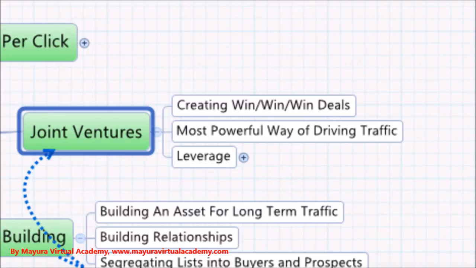If you do have a list, of course, that's a much more powerful proposition. Let's say you have a list of 10,000 people. You go to somebody else with a list of 10,000 people who's also in your niche, and you suggest that you swap traffic. So you create what's known as a win-win-win deal. The reason it's got the extra win in there is because the joint venture partner wins, you win, and the people you're marketing to also win. Nobody actually gets left out. They perhaps get to find out some information they didn't know before. The people who are buying from you, that is.